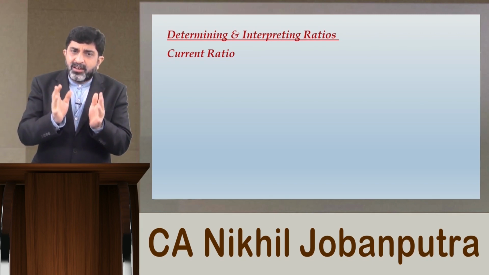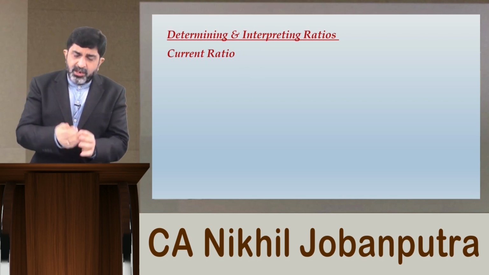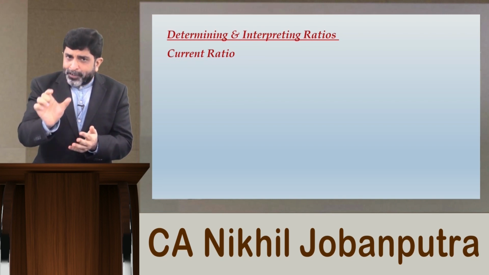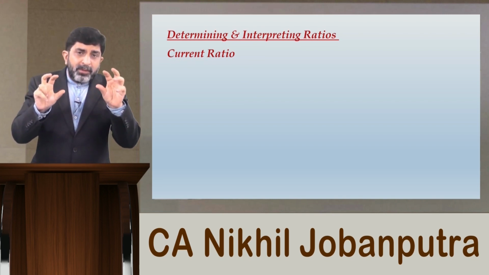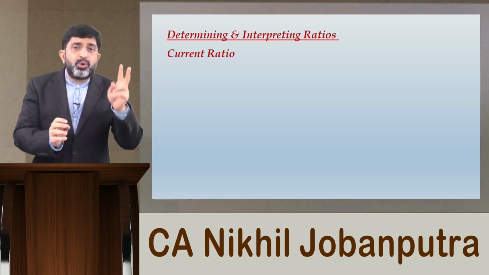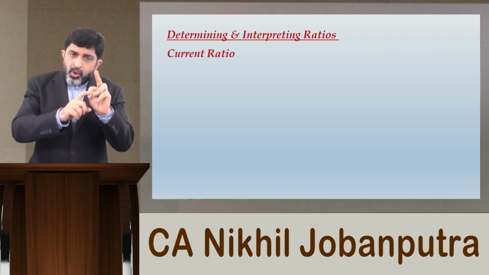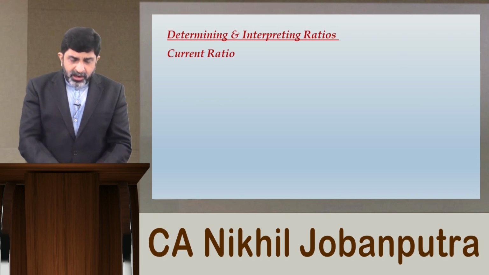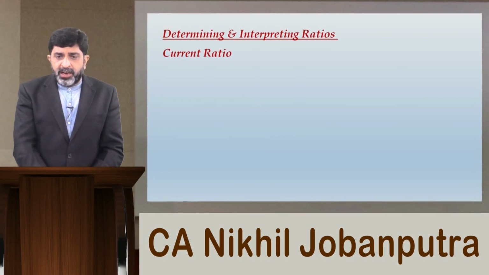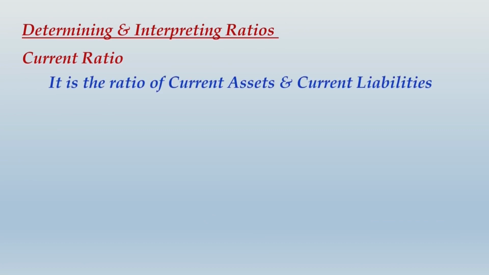So, whenever we are learning ratios, we should not ignore the working capital position. But let me tell you, working capital is an absolute amount, that is not a ratio. So, when we make a complete analysis, we should not ignore anything. Both the factors should be considered, the ratio as well as the absolute amount of working capital. So, let me show you how to compute current ratio in the given case. All of you please write up the calculation.